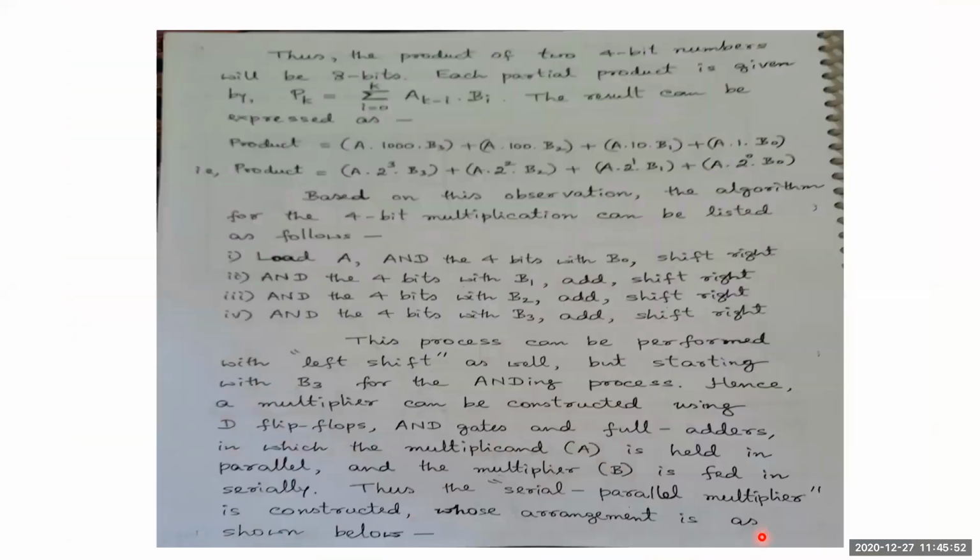So now, the same thing I have written. I don't know how far it is visible to you, so I try to enlarge that one. The product of two 4-bit numbers will always be an 8-bit number. It has been written in the fashion of an equation. The product depends upon the summation of all the inputs, a k minus 1 and b i. So now, k minus 1 and b i. It means what? If i equals 0, you can see in the previous slide.